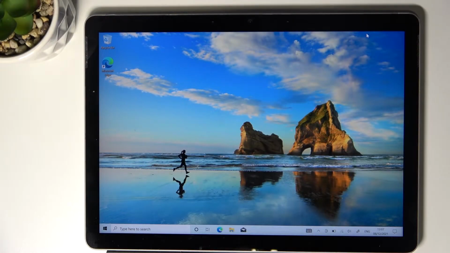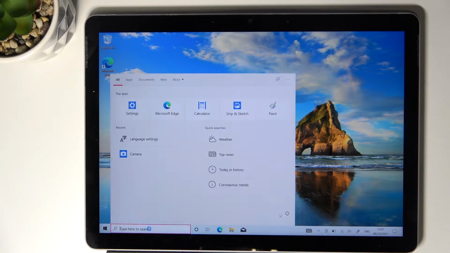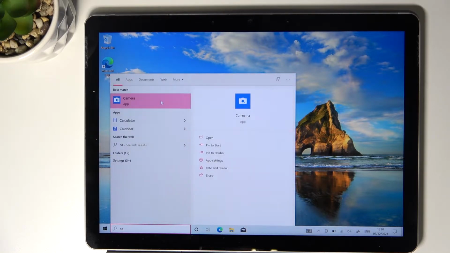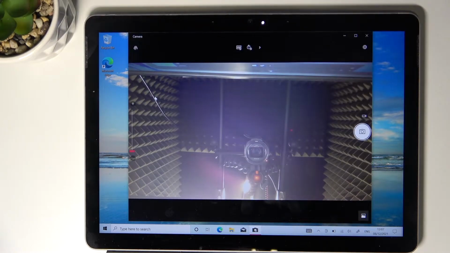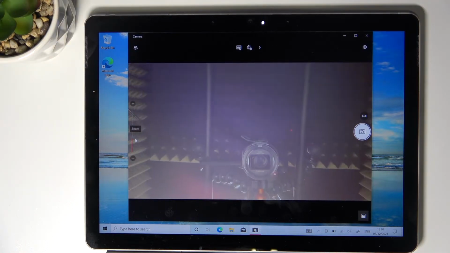In front of me is Microsoft Surface Go 2nd, and let me show you how to activate and use camera timer on this device. So first of all, you need to open your camera app. Let me just enter camera to open, as I do not have the shortcut on my home screen. Here it is. Say hello to our camera,